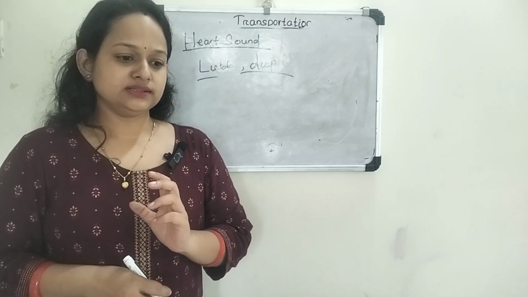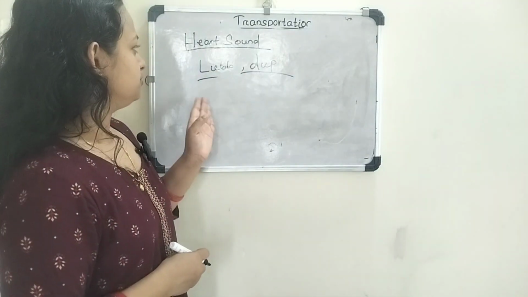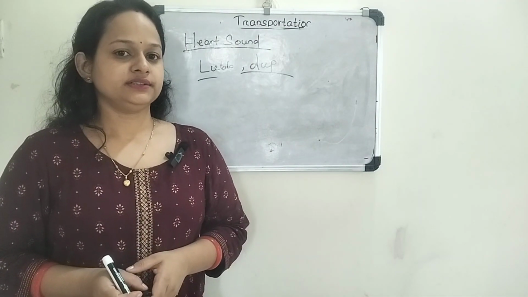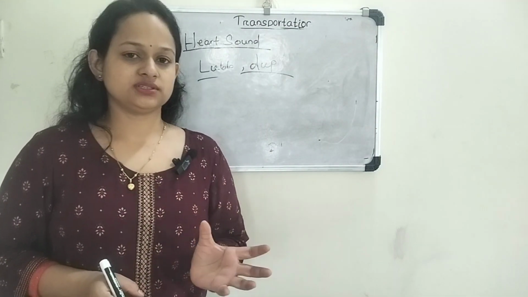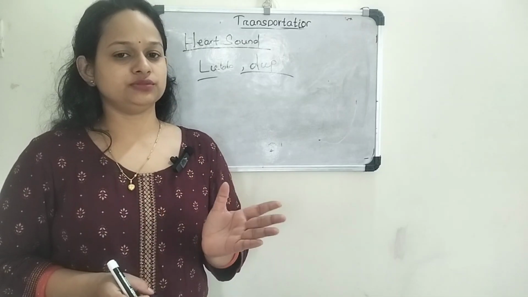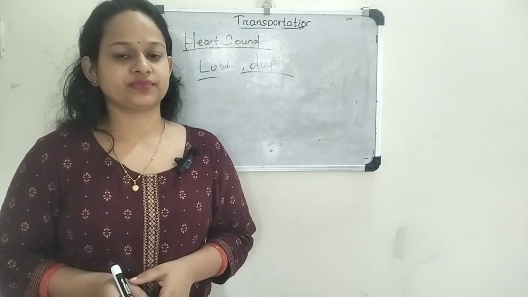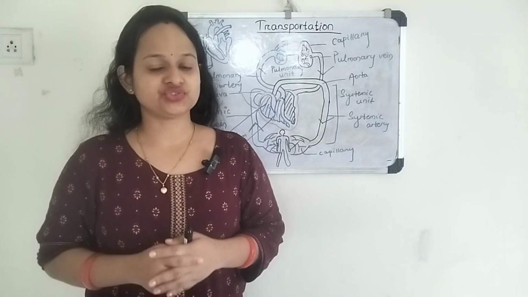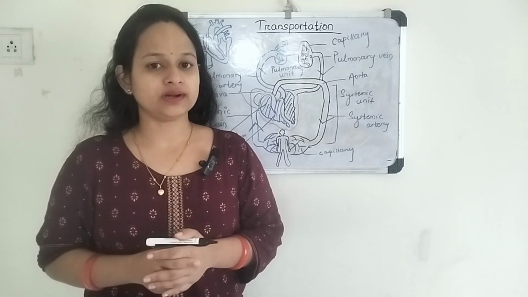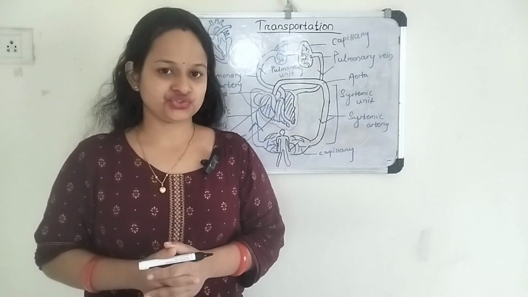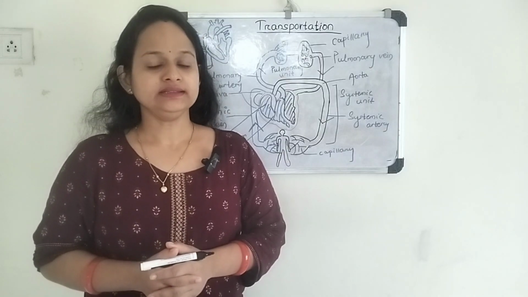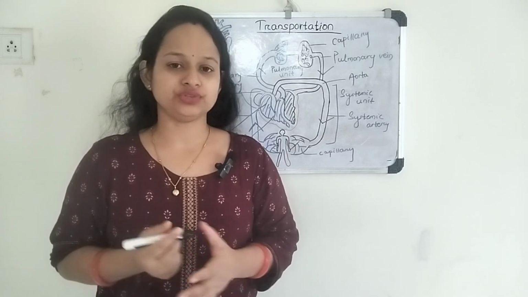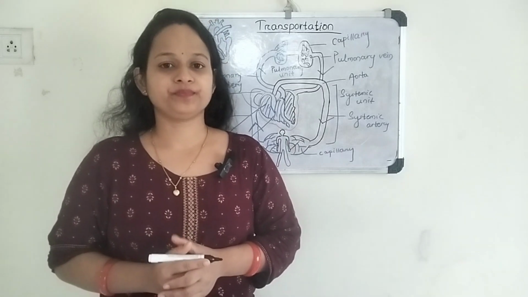So in this part you learn about the heart sound, and this sound is very similar to the pulse rate. So what is pulse? Pulse is the periodic expansion and elongation of the arterial wall due to regular contraction of the heart muscle, and this is about 72 times per minute, which is the same as the rate of heartbeat.